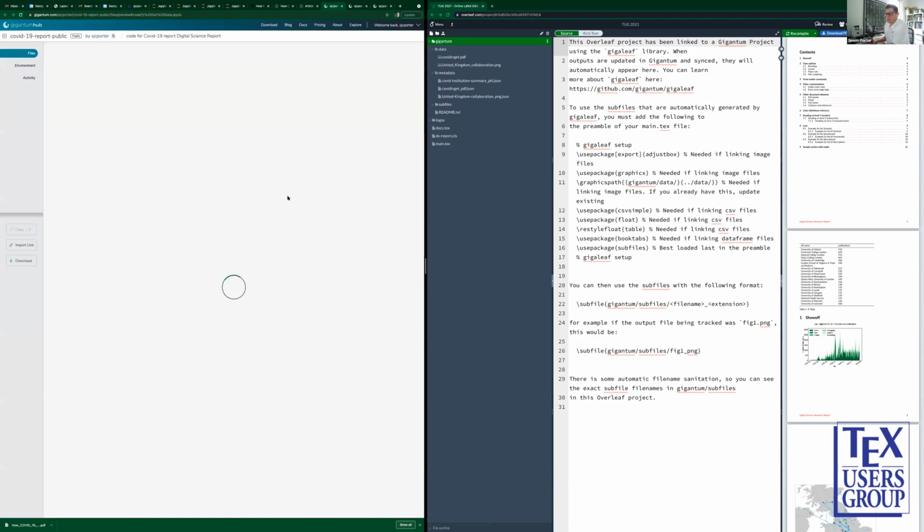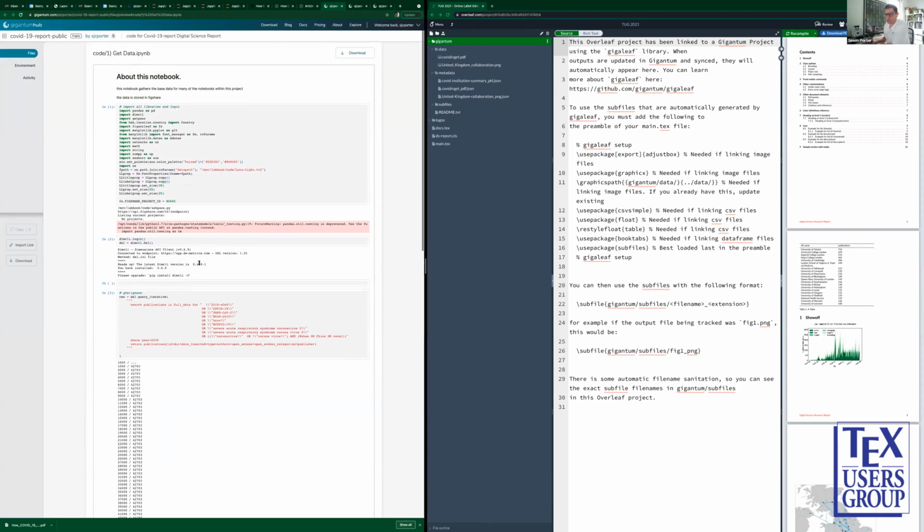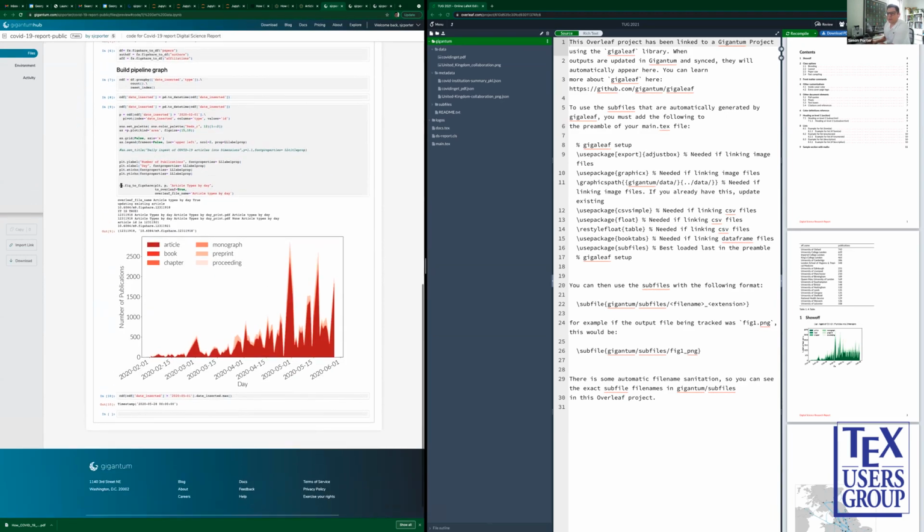And this reflects a philosophy that I've been building up on, is how can we really connect the code and the analysis we do to the end product. And so if you see this notebook that's linked to the data, you'll see that a little bit under here is a little command that says figure to Figshare and push through to Overleaf. And you can see that it's doing some work to get that done. And in fact, not only is it pushing it across to Figshare, it's creating a DOI. So I've been working on these sorts of workflows for a little while,